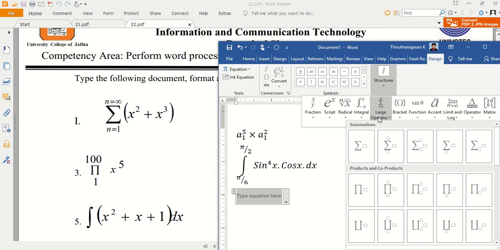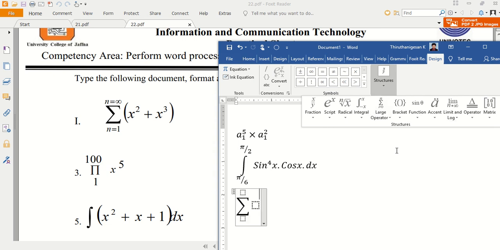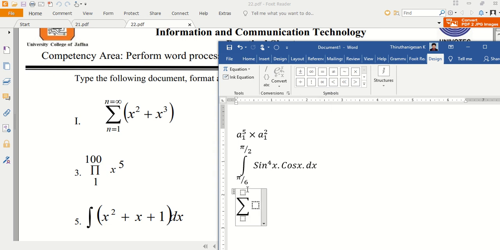Once you have found that structure, here n equal, then the particular symbol, then n equal 1.